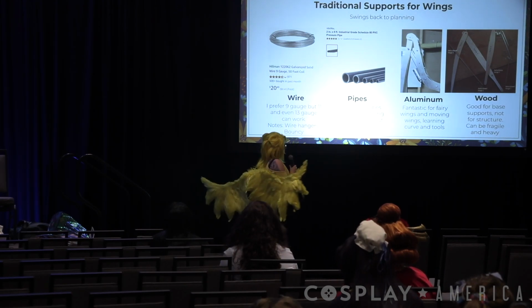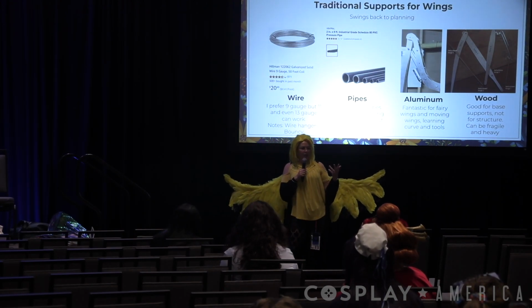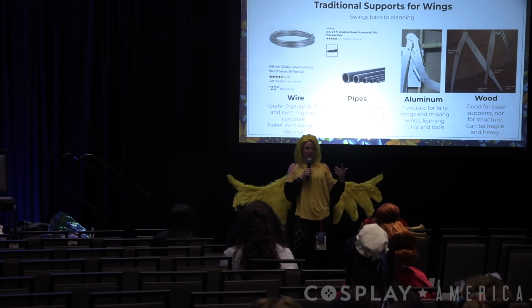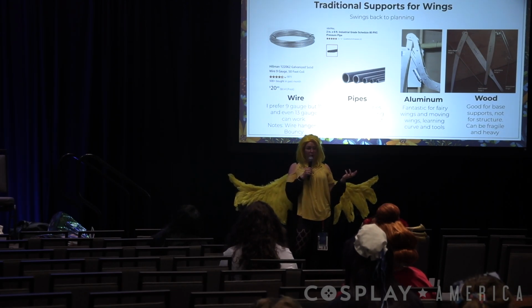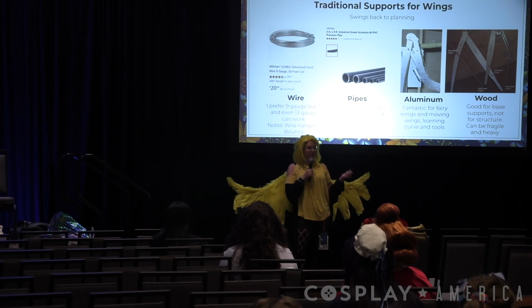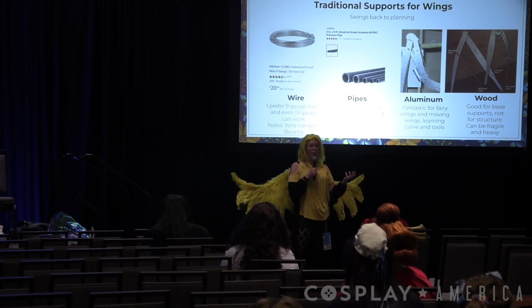Now, wood over here is something that there's a lot of really good tutorials about doing articulation. You can switch it out for aluminum or wood, but it's something where if you want to do like dowel rods and all, they have to be strong enough. Once more, sturdy, bendable, but not breakable. And you can combine wood to give a little bit additional oomph, but you can also just do that with